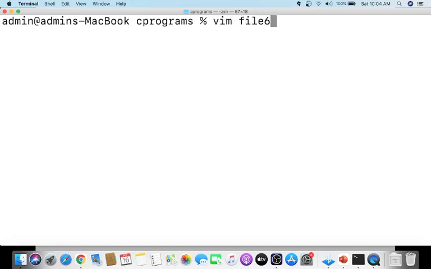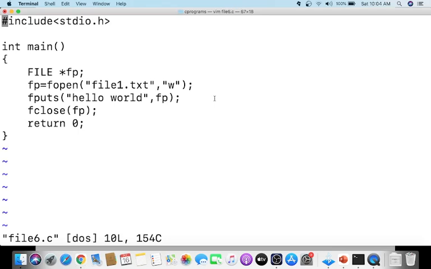Vim file6.c. So this is an example. We have declared a file pointer, and now we are opening the file. You can use the checking option also, whether it is null or not, but I have not included that. I am opening the file 1.txt in write mode, and I am using fputs.